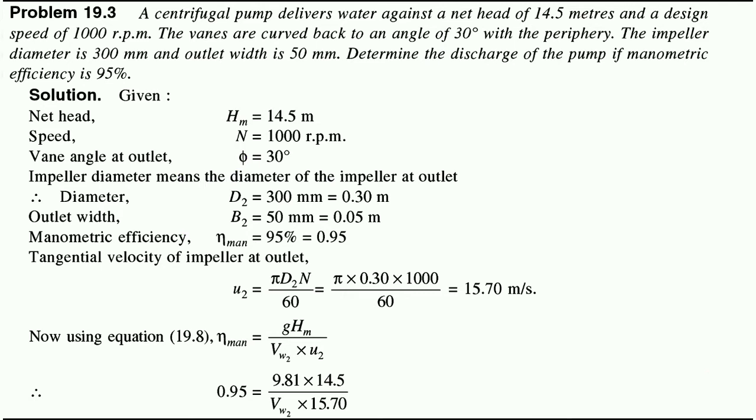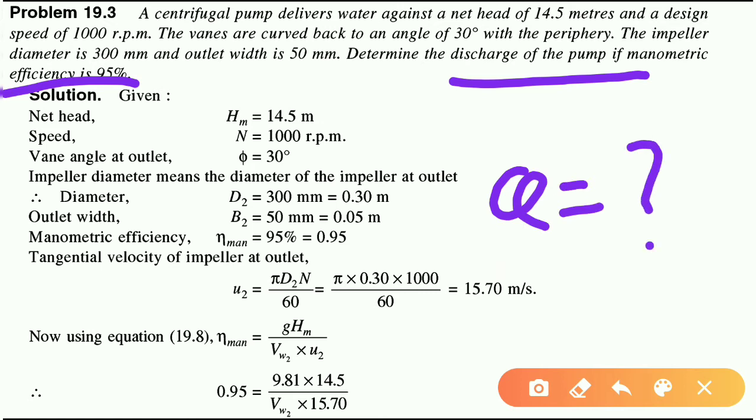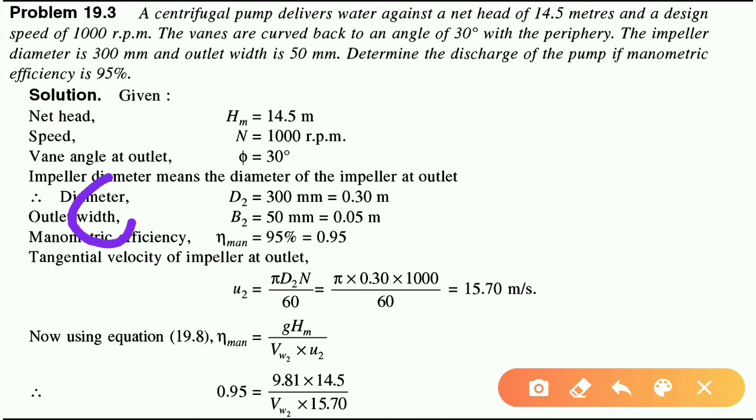So we need to find out the discharge of the pump if the manometric efficiency is 95%. So the discharge through this pump is Q. So we need to find out the value of Q. If the manometric efficiency, eta manometric, is 95%, which is equal to 0.95. So what is this Q? We know the formula for Q. Q is equal to pi